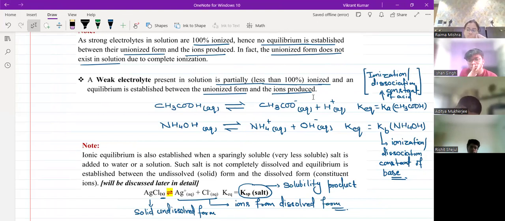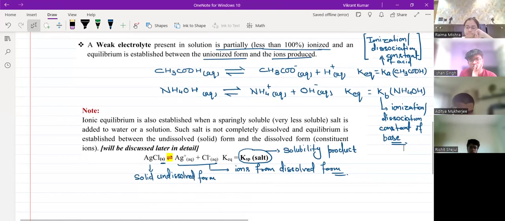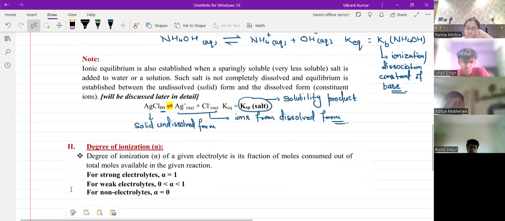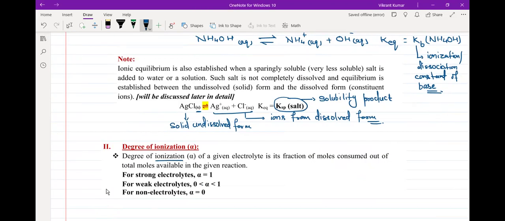Normally बोला करते हैं उसको. इसी chapter में यहाँ पर, because we are going to talk about electrolytes which are going to give you ions, that same term which was earlier called degree of dissociation in the previous chapter, this time we'll be calling it degree of ionization. What is degree of ionization? Again, it is the fraction of given electrolyte which is ionized. Same definition, but in different words. Now we are using the word ionization, and that's why we are saying it is the fraction of moles consumed out of total. Consumed मतलब ionized लिख दो यहाँ पे.